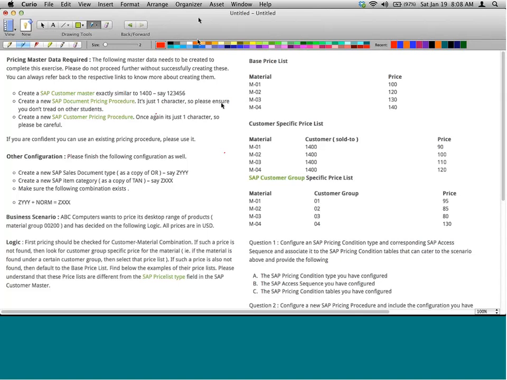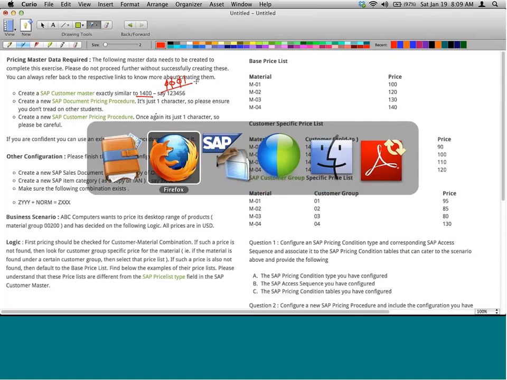So, in order to do this, the following master data needs to be created. Please do not proceed further without successfully creating this. Alright, create a new customer master similar to 1400 or 1000. Yeah, I've done that already. The reason behind doing this is choose a customer that belongs to customer account group 0001 so that you would not have any problems in actually creating an order with partner functions and all that stuff. So, you can go there